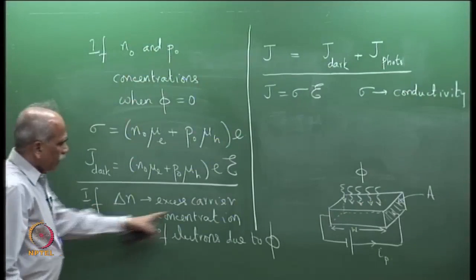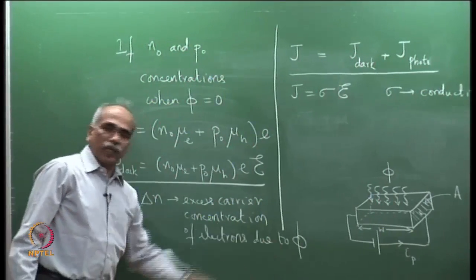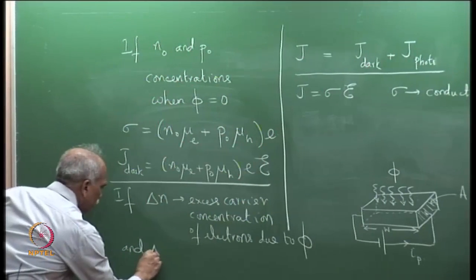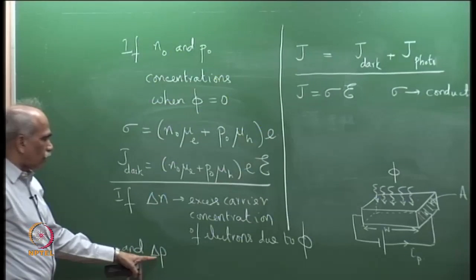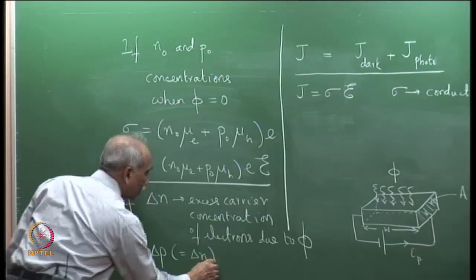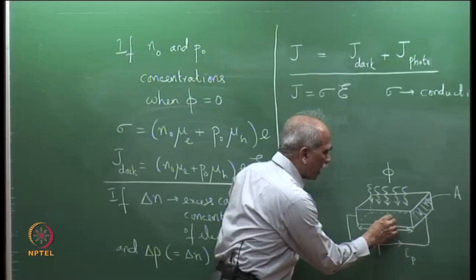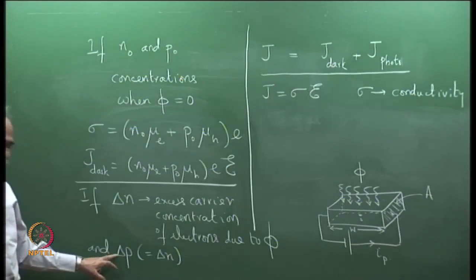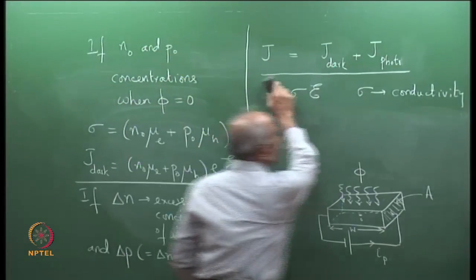If delta n is the excess carrier concentration of electrons due to phi, and delta p is that of holes, which is equal to delta n. Please see that, because it is the incident photon which is creating electron-hole pairs. Therefore, the excess carrier concentration delta n is equal to delta p. Then